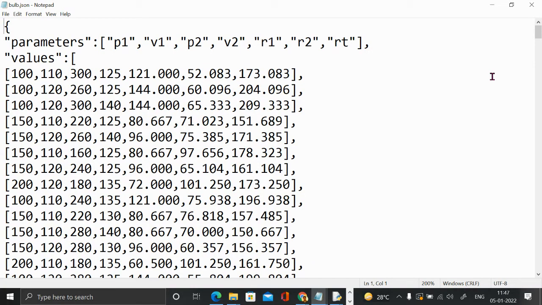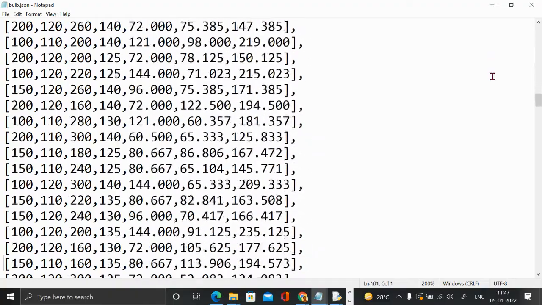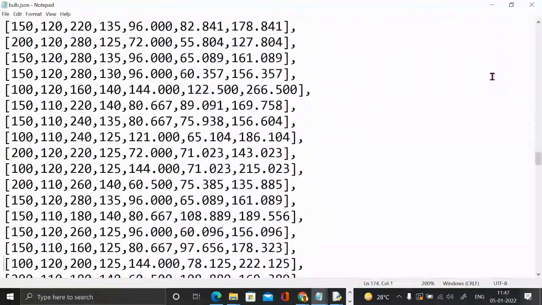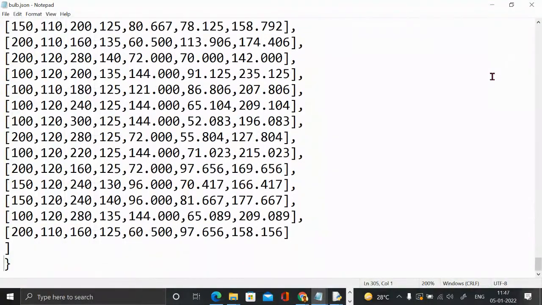A curly bracket opens at the top, and then if I go to the last line, the curly bracket should be closing. And then there is a curly bracket closing here if you can see, and then there is a square bracket. This is basically a list.